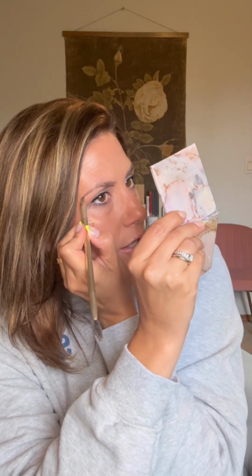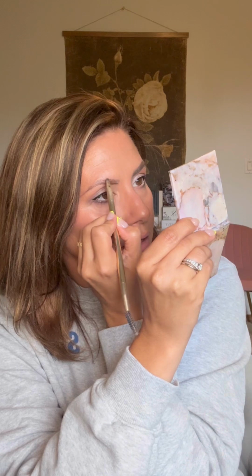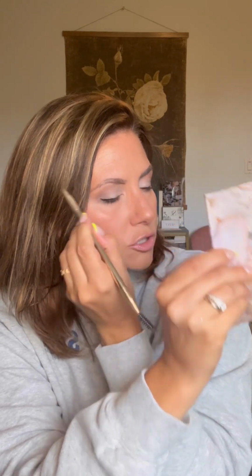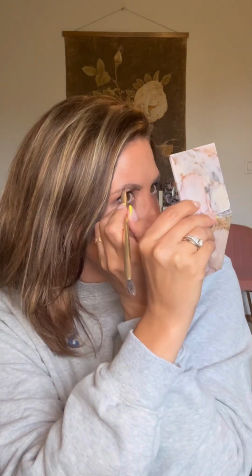Okay, we're gonna grab that Trust color again, starting on that inner corner, drawing that hard line. And when you figure out how you like your brows shaped, go get those stencils and stencil a shape you like. And when you figure your shape out, and you start doing it every day, you're gonna get a lot faster. I can bang my brows out pretty quick, but when I'm talking through it, it does take a little extra time,